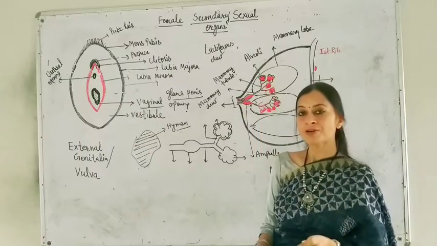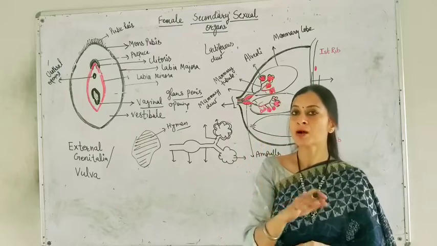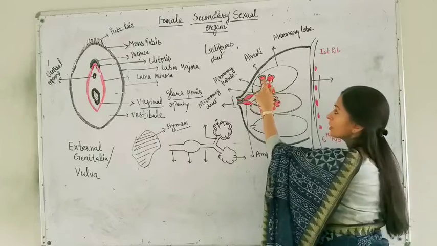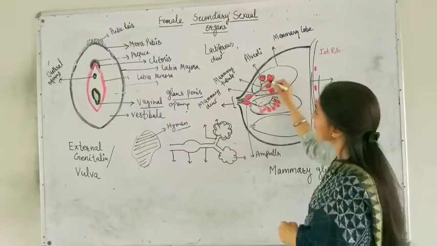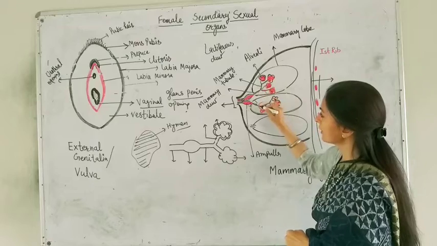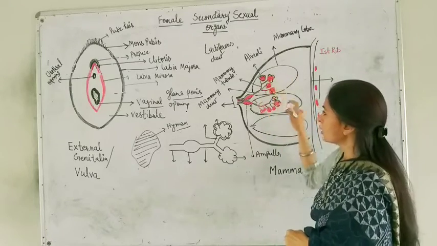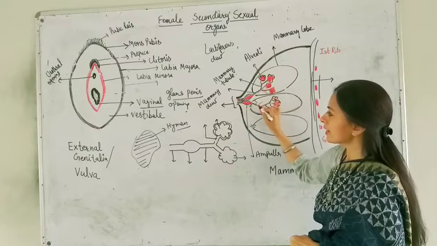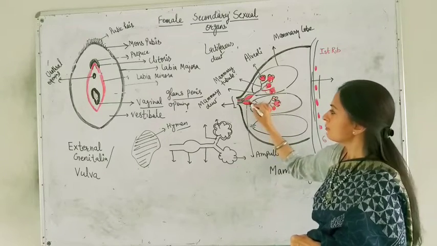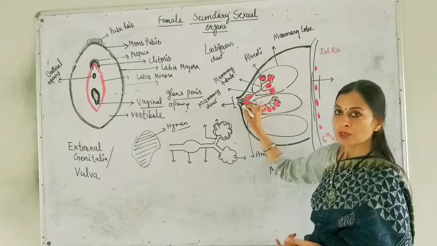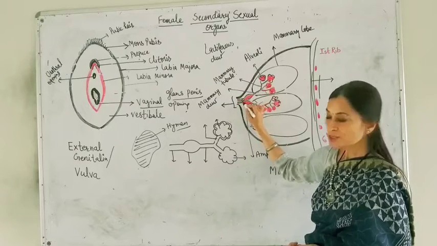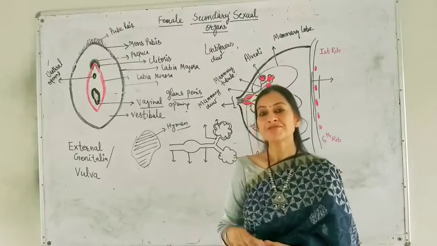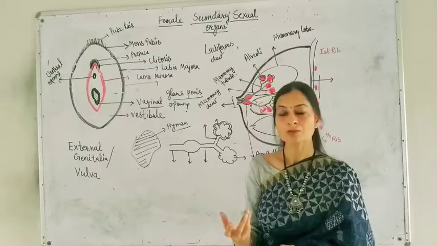And these lactiferous ducts have an opening outside. This means that when the milk is released, it will be stored. After the storage, it will be released into tubules. Tubules from all these lobes will join to form firstly the duct, and the duct will form the ampulla region. The ampulla will then form the lactiferous ducts, and the lactiferous duct will release the milk outside. Then the infant will suck out the milk.